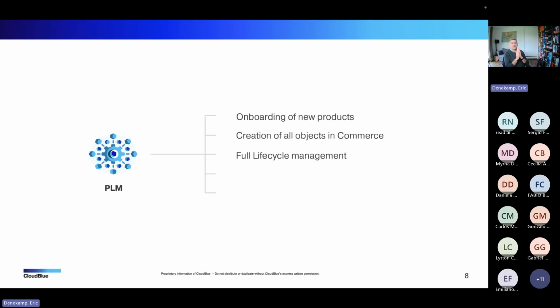That means that if things change, if new resources are added to a product, you do that in Connect. The moment you're done, you say publish this. That means that the admin in commerce will see that there is a new version of the product available. He can upgrade.